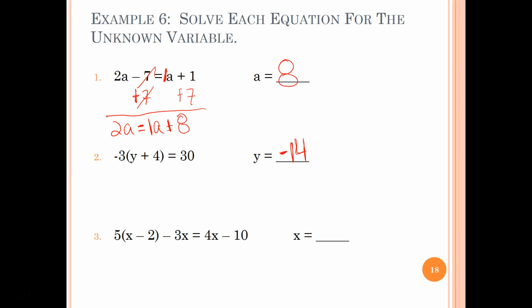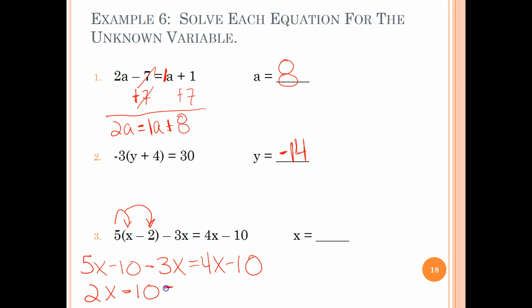So first step, distribute 5x minus 10. Take this guy, distribute that 5 to both terms inside. Now let's write everything we've got. 5x minus 10 minus 3x equals 4x minus 10. Next step, what should we do? We're going to combine, and 5x minus 3x equals 2x minus 10 equals 4x minus